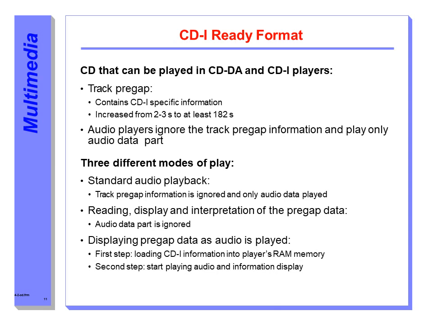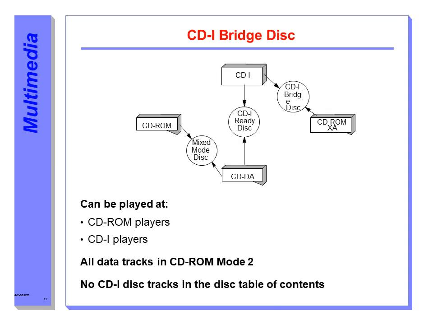In the first step, the CDI data are read and stored. Then the audio information is output together with the corresponding data from the track pregap, so in this way the data can be presented simultaneously. In the second step, audio starts playing, and we can also see the information on the surface of the CDs by taking the help of the players.